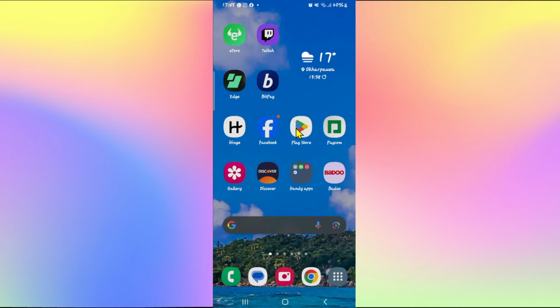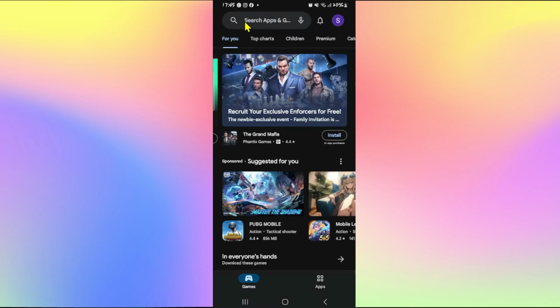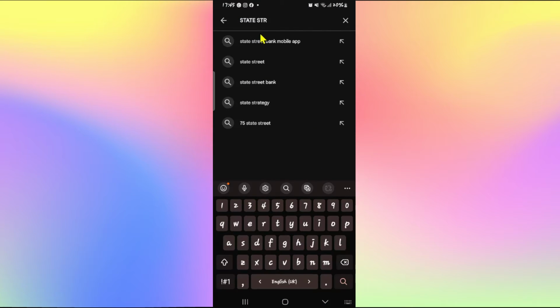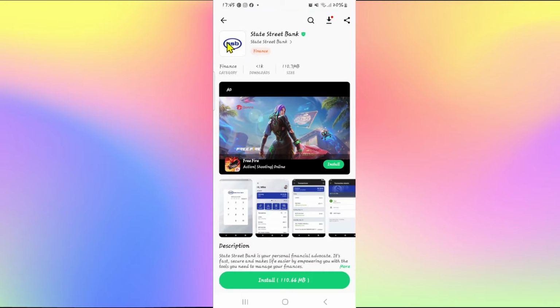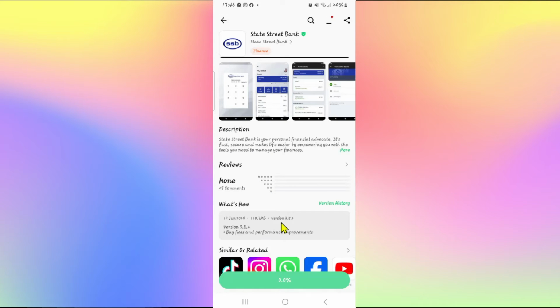First of all, open up the iOS App Store or the Google Play Store depending on your device. And once you open it up, just tap on the search box and then type in State Street Bank and start your search. Once you find the State Street Bank application, tap on it and you will see the install button. Just tap on the install button and this will begin the download and installation of the State Street Bank